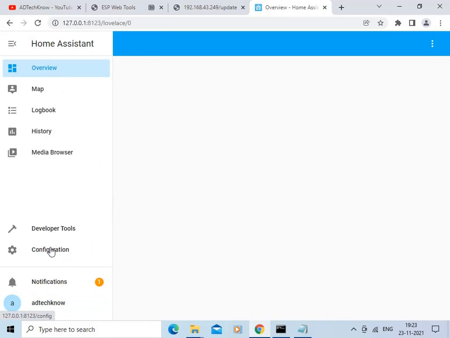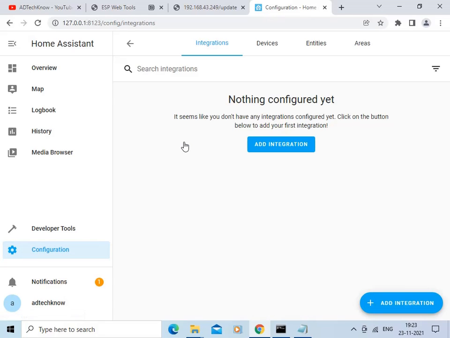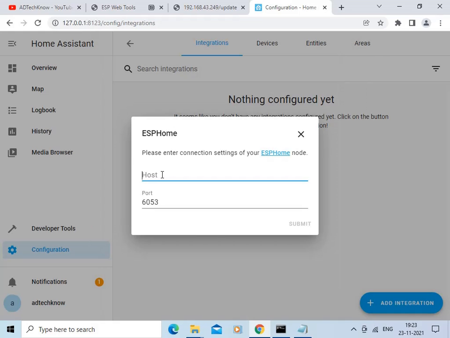Click here on the configuration. Click here on integration. Click here on add integration. Search for ESP home. Now enter here the static IP.